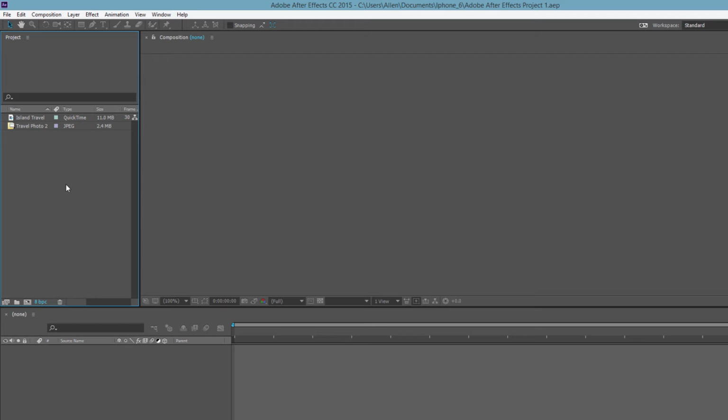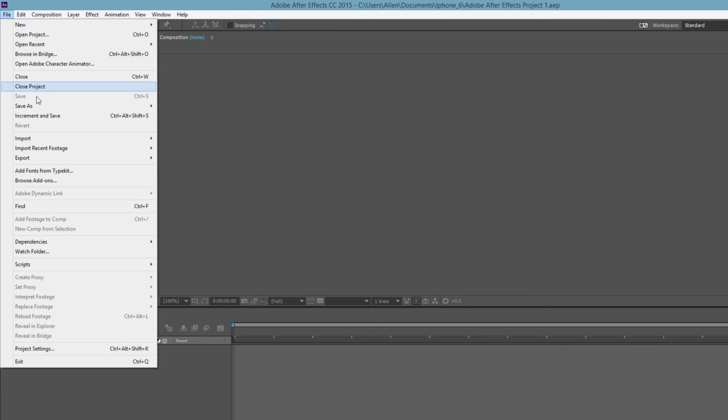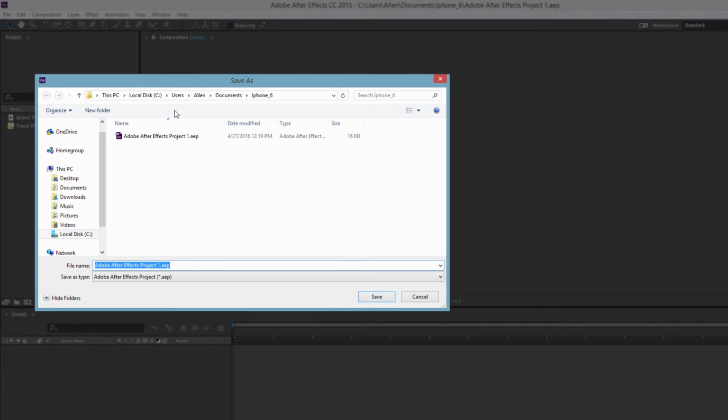Okay, so let's go ahead and go to File and then click Save As, and then go to Save As for the sub menu. When you left click that, it brings up the Save As dialog menu. Now within here, we want to actually change the project name, because if we click Save, it's going to save over our existing file, and we don't want to save over our existing file. For this case, using the Save As function, we want to change the name of this project to maybe 1-2. Let's say that we name it that because this is our second revision. And if we click the Save key,